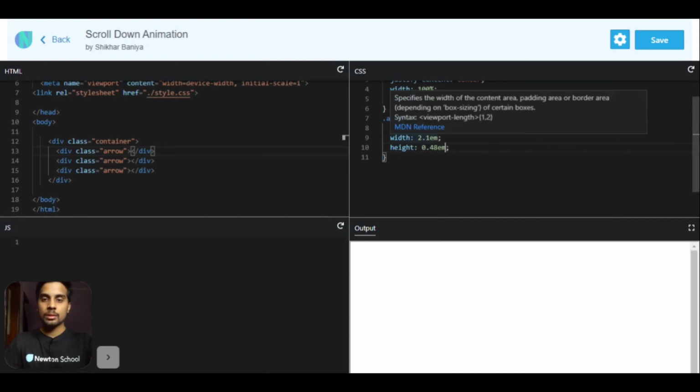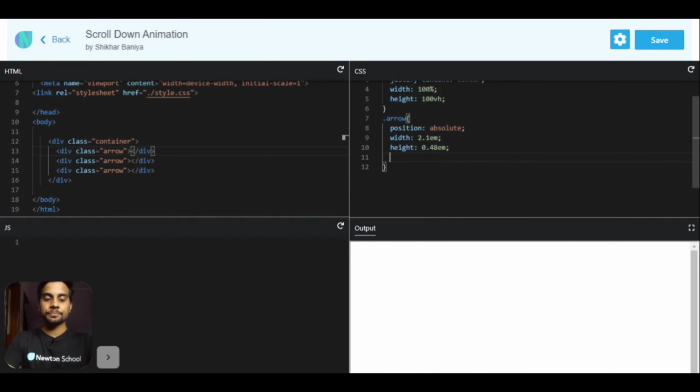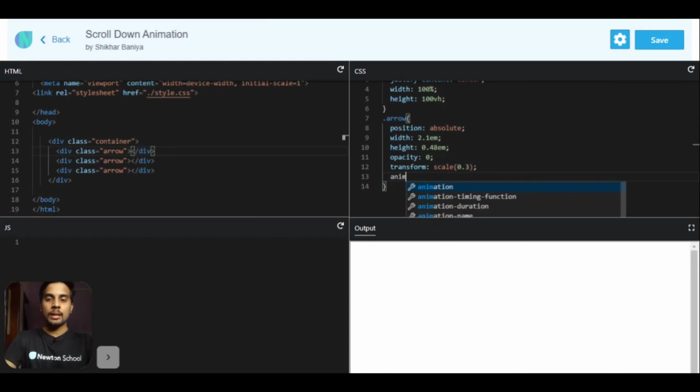All right, next what we want is initially the opacity will be 0, and I want to transform it and scale it. 0.3 is the value of that scale parameter, and I want to add the animation, let's say move arrow, and it will take 3 seconds to complete. Ease out until infinite.